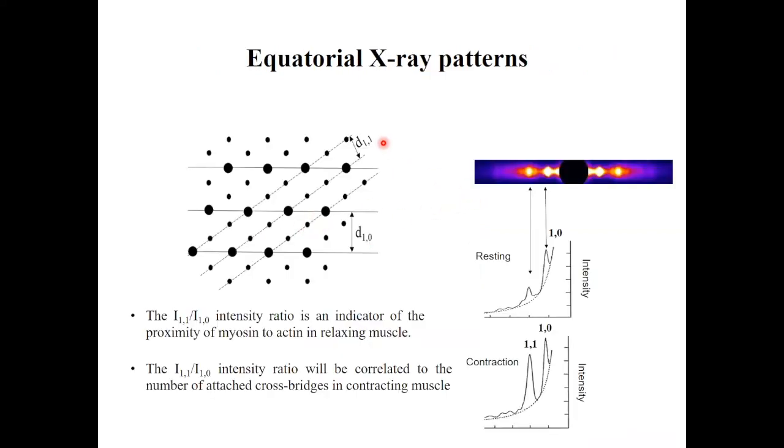Okay, the equatorial X-ray diffraction pattern. Here is the schematic representation of a cross-section of a skeletal muscle A-band, or in this case it doesn't matter, skeletal or cardiac, it is all the same. If you draw an imaginary line across this plane, you have this 1,0 plane that only contains thick filament, and if you draw another imaginary line across this direction, you have another plane called the 1,1 plane. So to make it simple, you can simply consider that